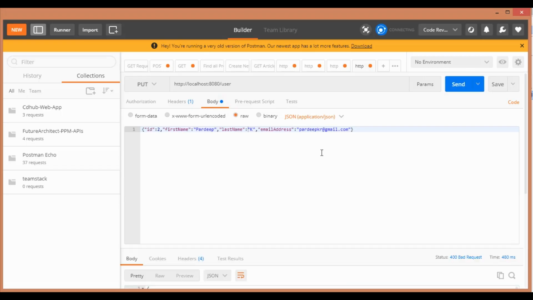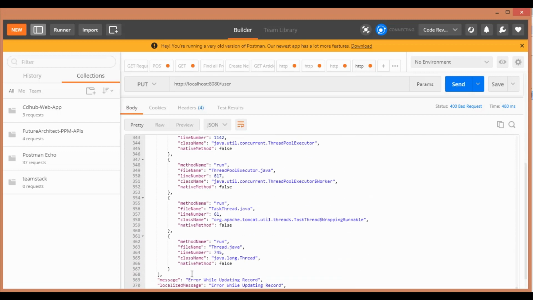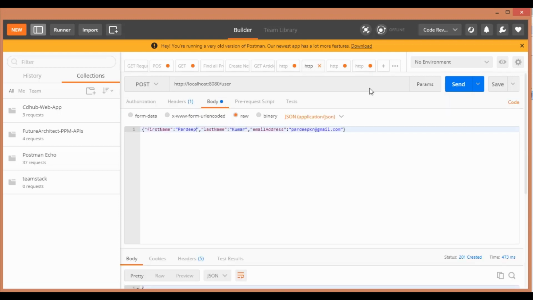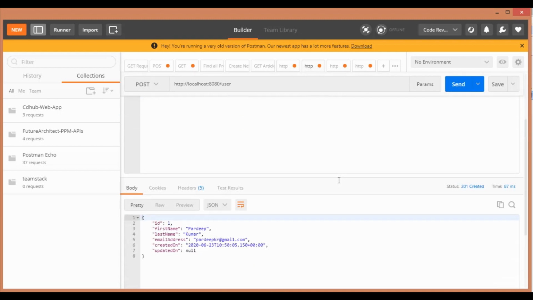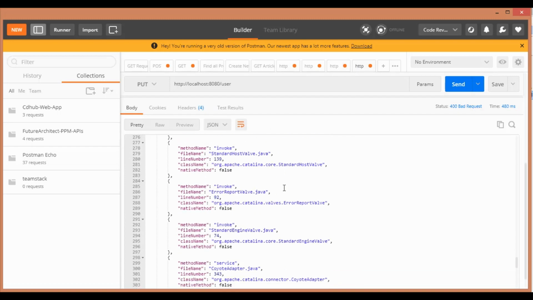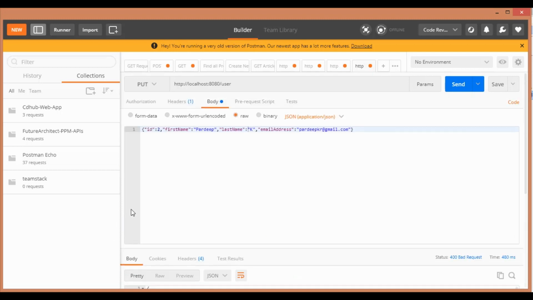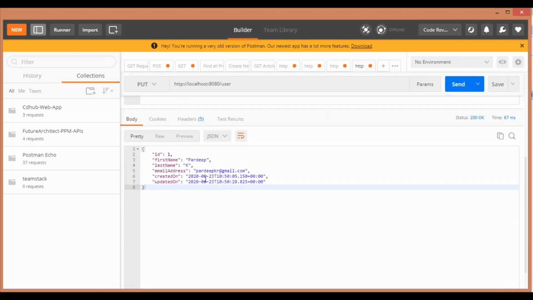And in the same way we are going to test in Postman. You are able to see we are getting the message here because we are passing the incorrect user ID. So here we have created the record. Let's update this record. Now the create date should come in the response body. So here we are going to change with one ID, and yes, the create date is now coming.